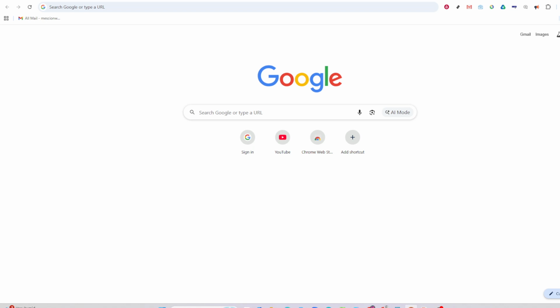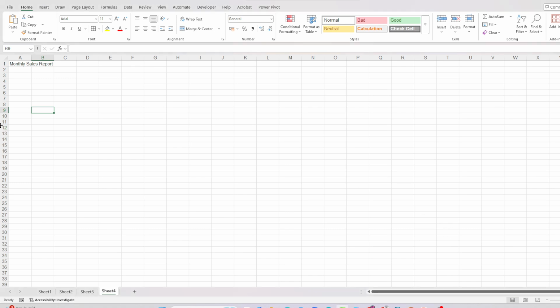and fully usable. To begin, open Microsoft Excel and go to the worksheet where you want to format your text. The goal here is to make text appear centered across multiple columns without actually combining those cells together. For example, let's say you have a title like Monthly Sales Report, and you want that title to appear centered across columns A through C. Visually, you want it to sit in the middle of that range, but you do not want to merge cells